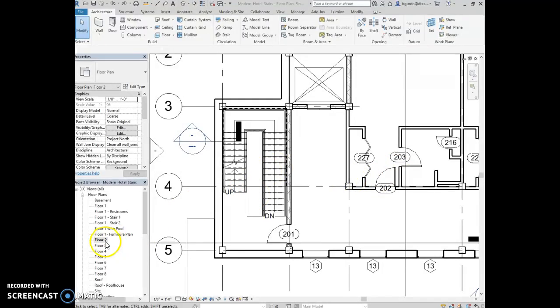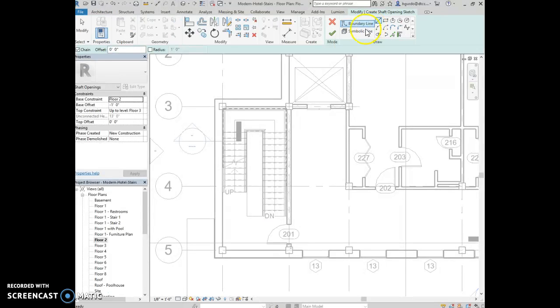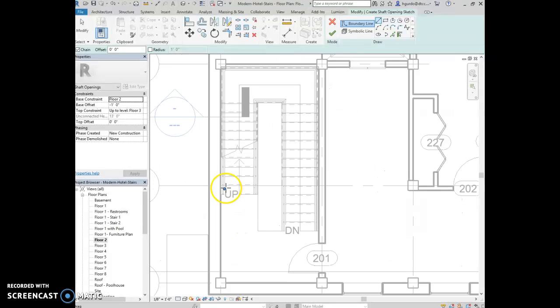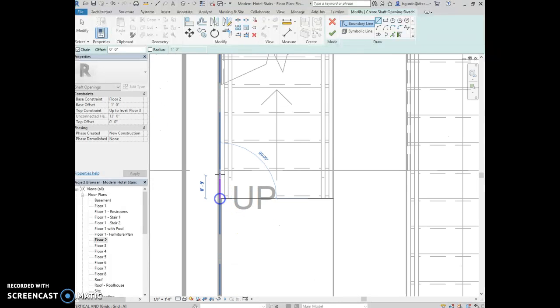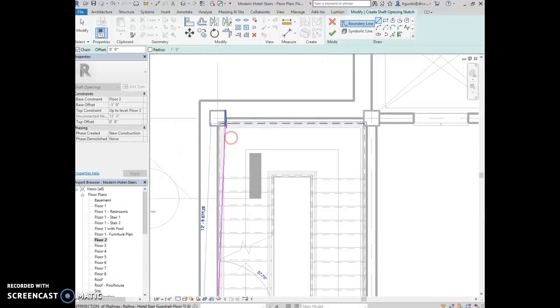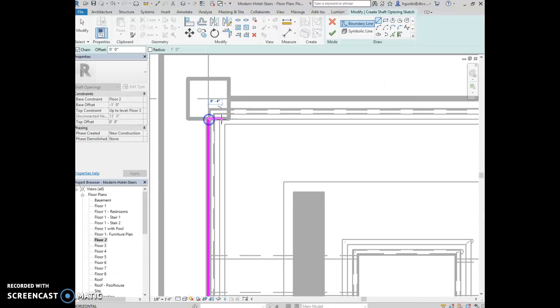But if you are on floor 2, where we modified the floor, if you click on this shaft button in the architecture tab, this is going to allow you to draw a shaft. So our shaft in this instance, which is an opening from floor to floor, that's what a shaft is, like an elevator shaft, a stair shaft. So I am going to trace around this area where the stairs are,